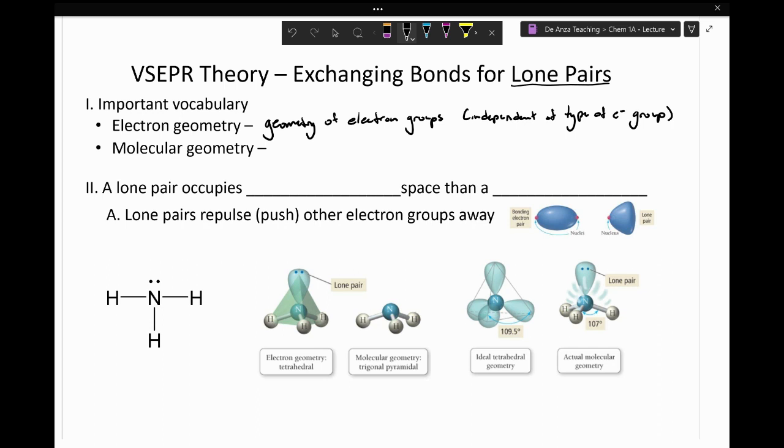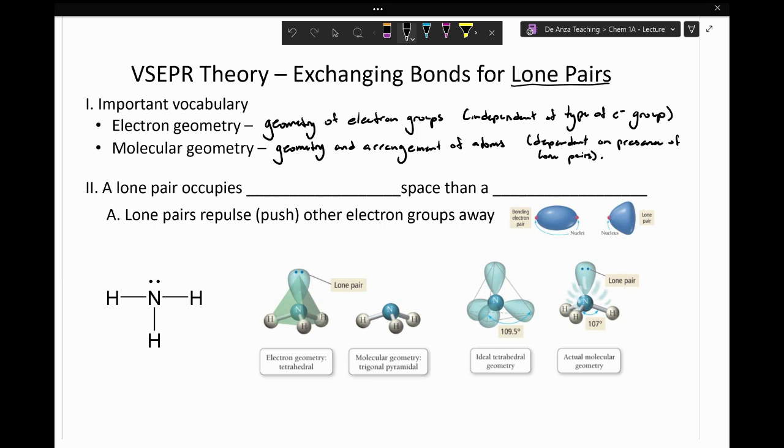And then we're going to have something called the molecular geometry, which is just going to be the geometry and arrangement of atoms. And so this is going to be dependent on presence of lone pairs, because those lone pairs are not going to show up in what we observe in the arrangement